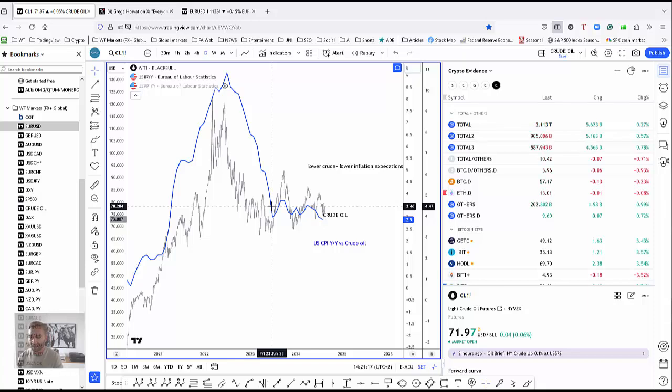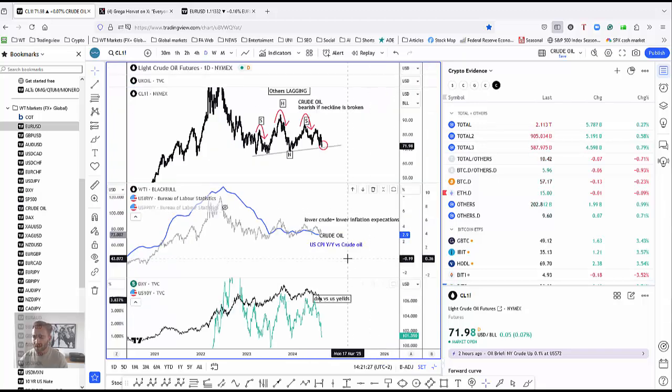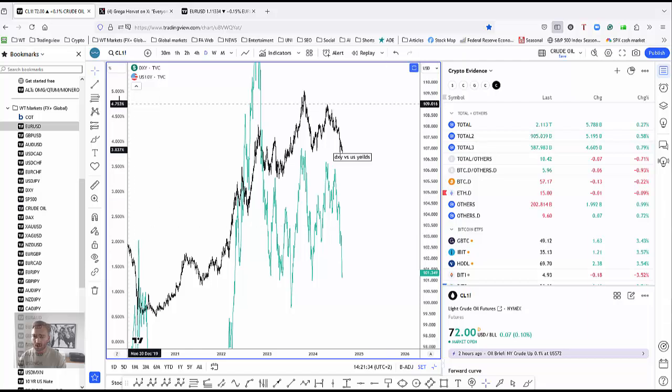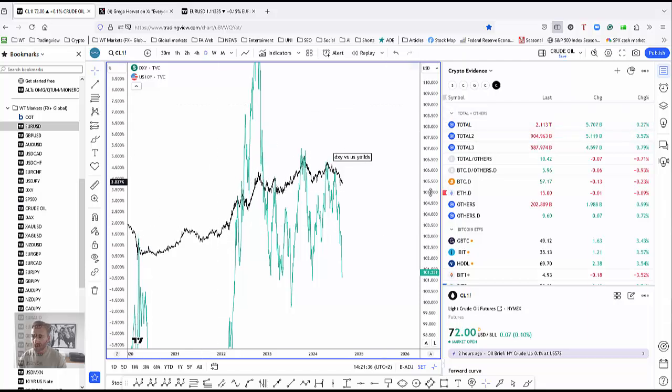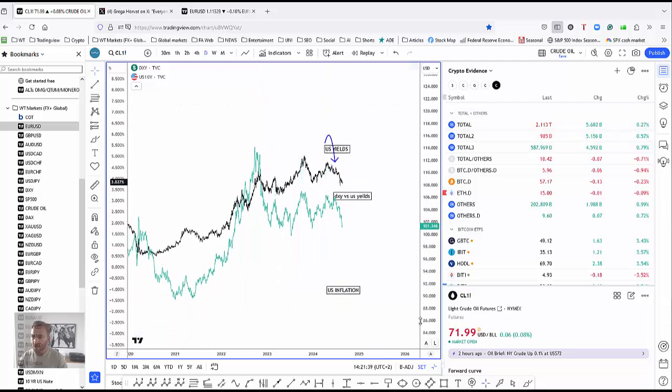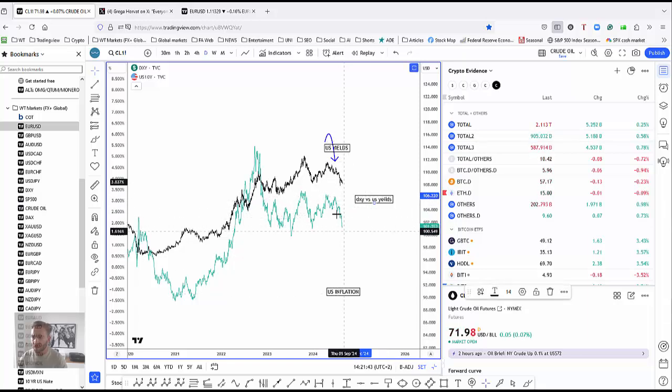But definitely we have to understand that lower CPI and lower crude oil prices make speculators bearish on US yields, which are coming to the downside quite nicely. So you can basically expect that the dollar, with this correlation, would also stay very weak. You can see the dollar index here in green is having a very nice and strong decline, which I believe sooner or later will break below 100.